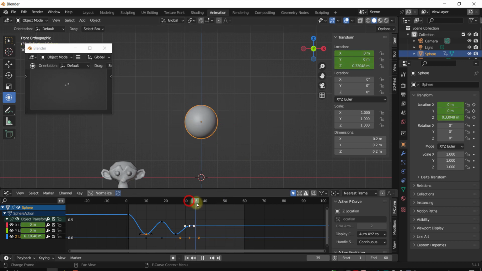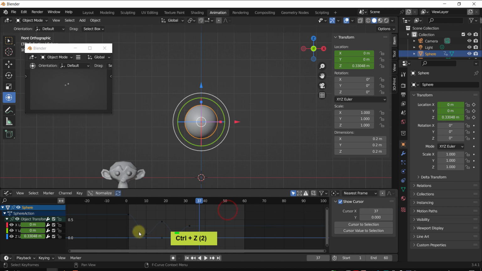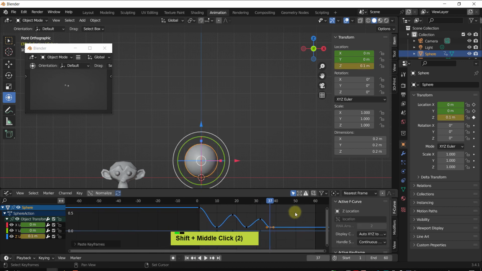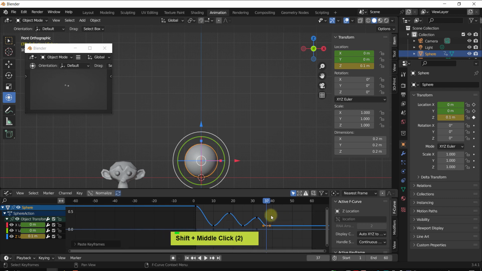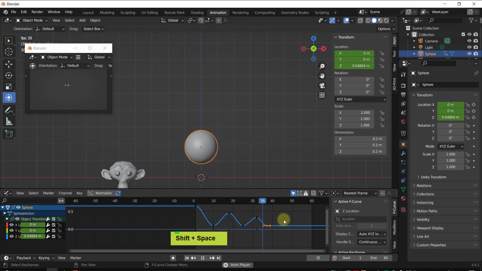So this is one thing that we can do. And of course, again, Ctrl C and Ctrl V. If in some case, okay, we had a selection going on. So Ctrl C and Ctrl V. And that's it. So let me show, because the record keys is covering the area. All right, so let me start and play the animation. This is, in my case, shift spacebar. If you're using the default keys, it is just the spacebar. All right, this is a little bit of an odd movement